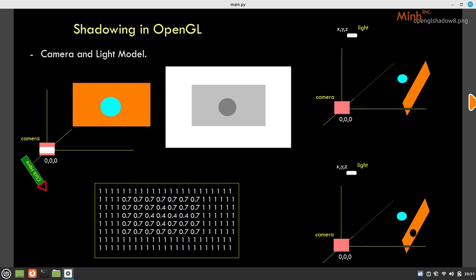So from the light source that is placed at the origin, looking in the minus z direction, everything that comes into its scene, that is white, means that is 1. And then wherever the model is placed, that value will be placed with respect to the 1. So if I say that kind of